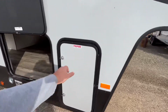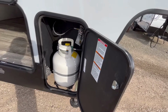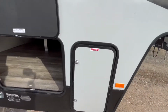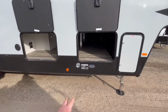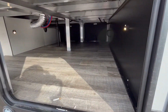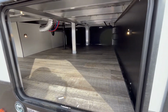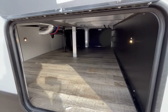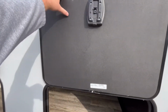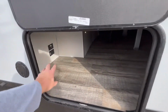Inside door number 1 is going to be one of your 20-pound propane tanks. You're going to have the other one on the other side in a saddle tank configuration. You've got your leash latch here. And then you have this massive belly area here. So you do have a couple little obstructions there, all dual-sided welded tubular steel. You've also got magnetic holdbacks, slam latches, and then over here you're going to have your cable